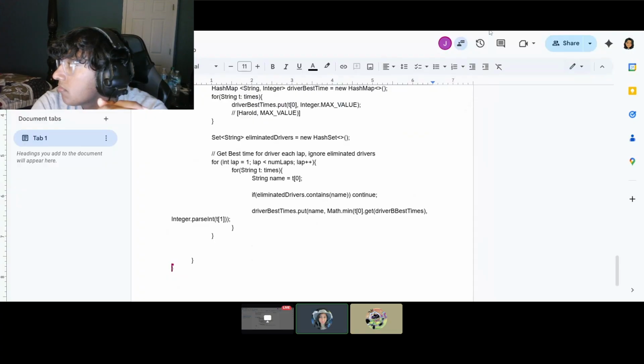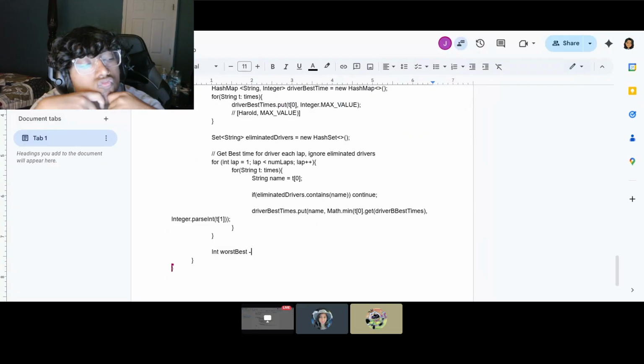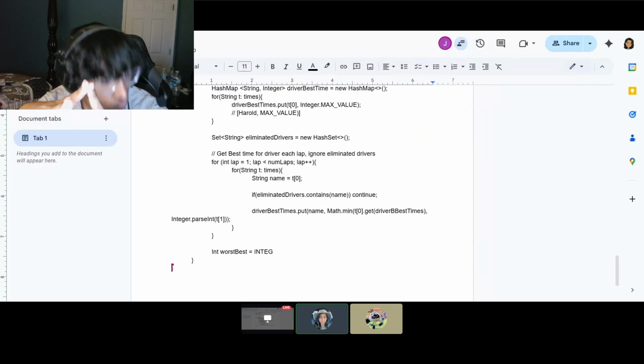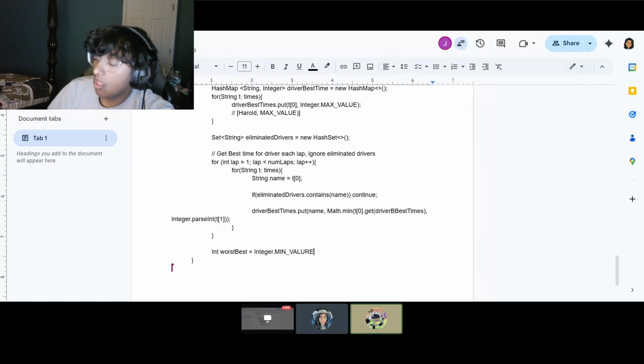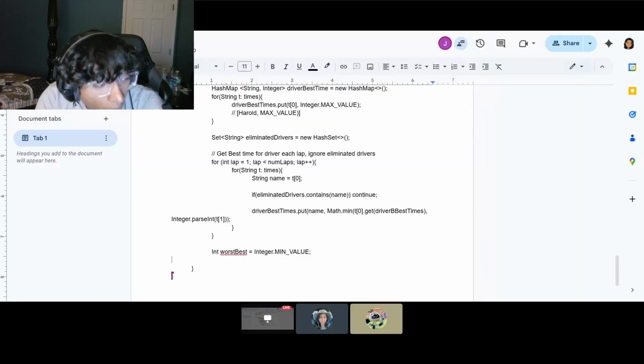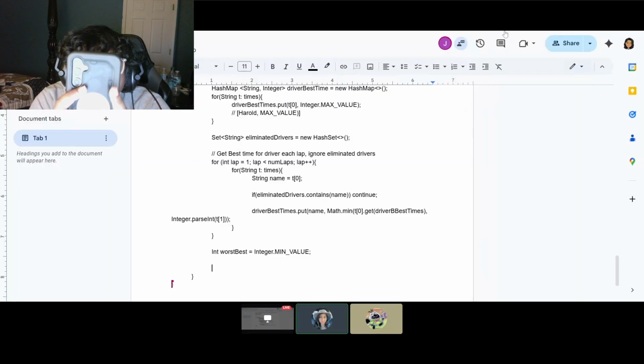So in this lap, we can finally get the worst best out of all of these drivers, right? And we're just going to say Integer.MIN_VALUE or whatever for now. So it's going to be like that. Okay, so we can get our worst best here. How can we do that? Let's think. We can go through the